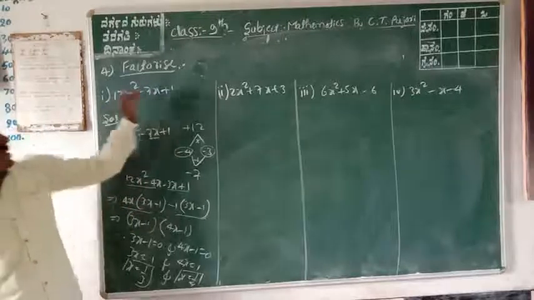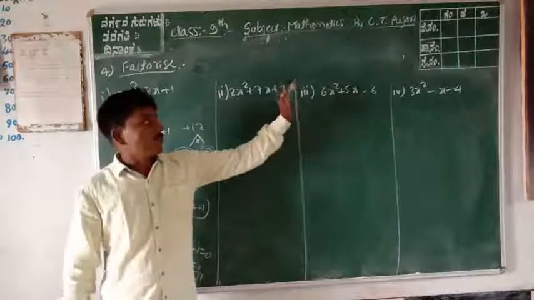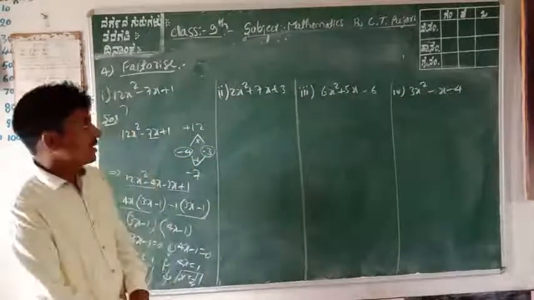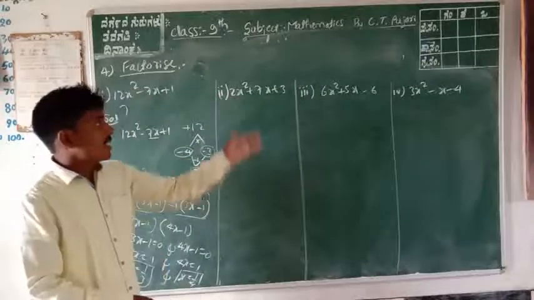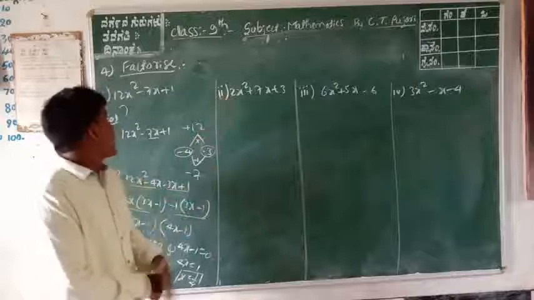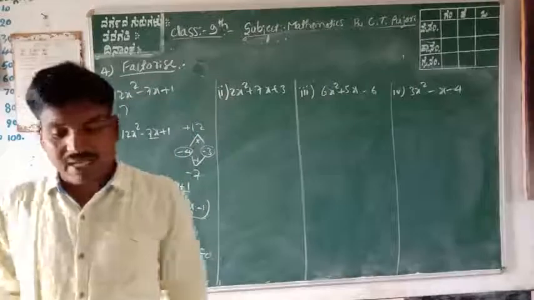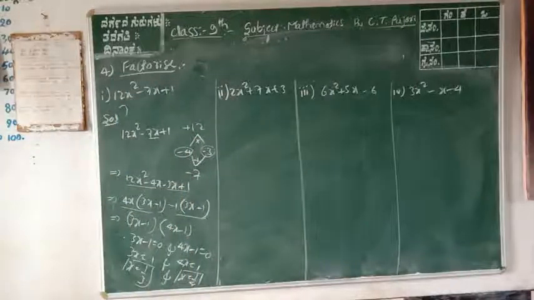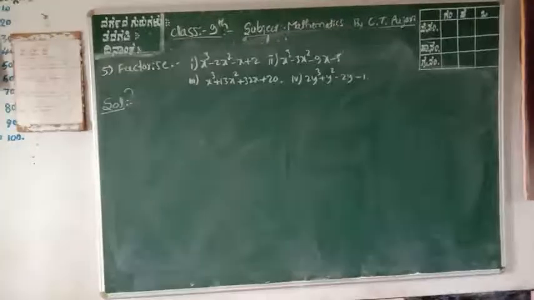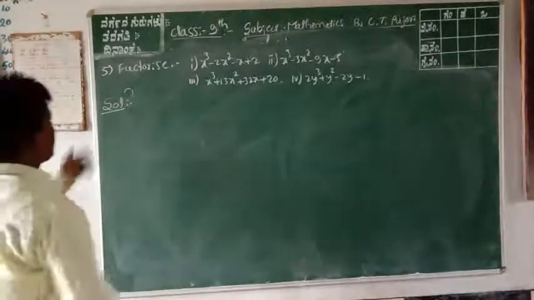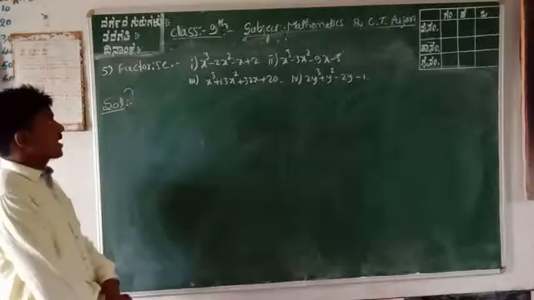Again, similarly, the second one, third one, fourth one, same as it is. You can do the remaining 3 examples in your homework. Next, what about the fifth main example? Okay, the last one, the fifth one, is also factorization.